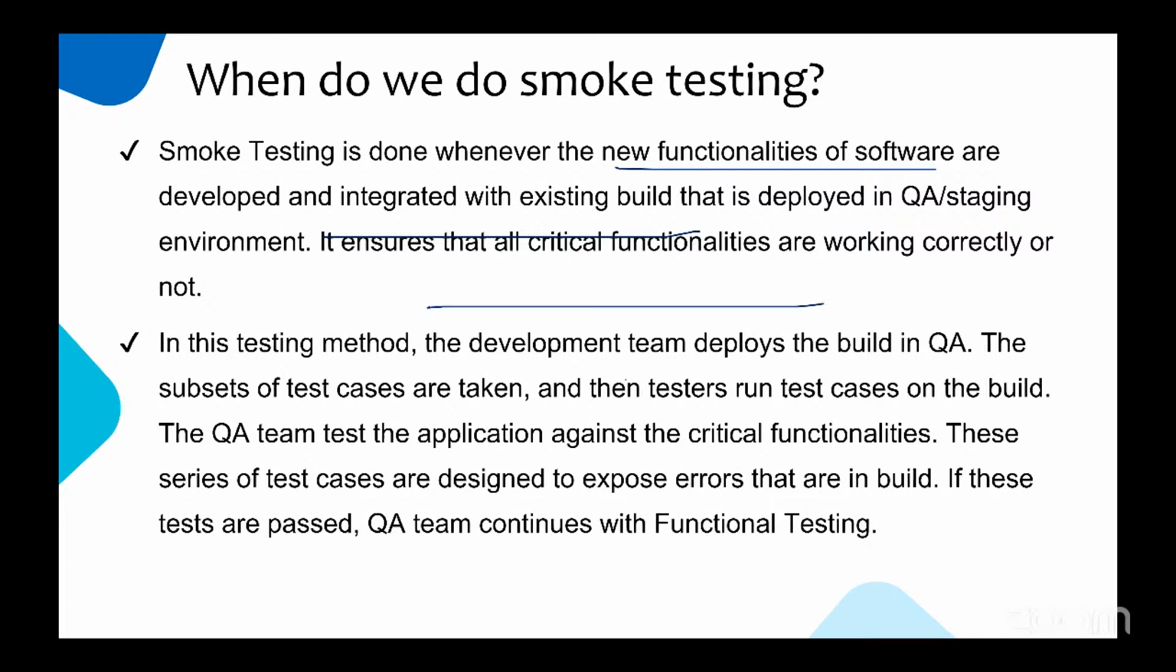In this testing method, the development team deploys the build in QA. So you have regression; the subset of that is sanity; the subset of that is smoke. Don't swap the words smoke and sanity. It's a famous interview question: what is the difference between smoke and sanity? In this testing, we take a subset of the test cases, run them on the build, and make sure all the critical functionality works. And if there is any error, we have to make sure